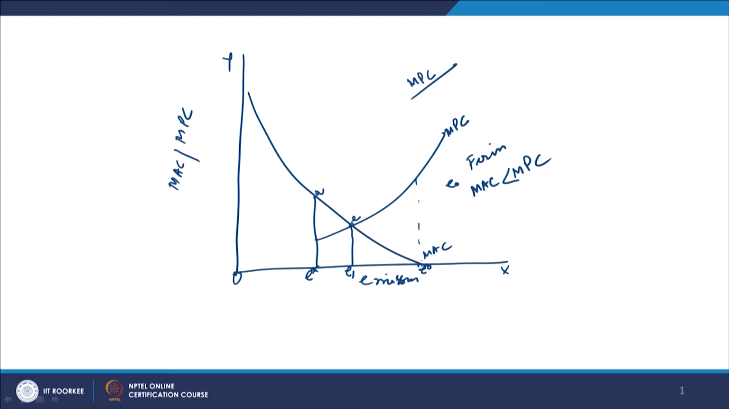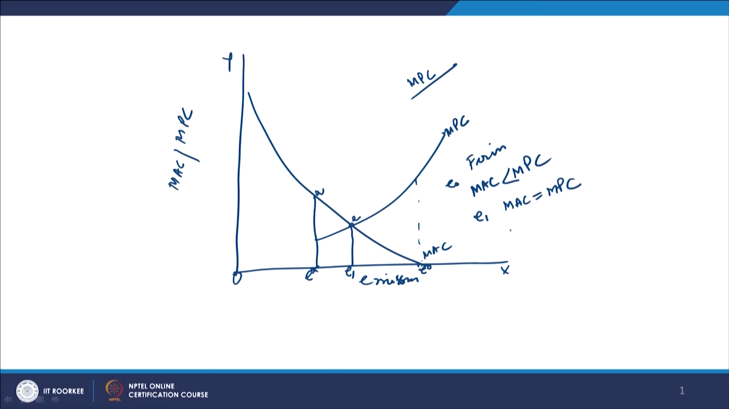And up to E1, since at E1 marginal abatement cost is equal to marginal penalty cost. So, up to E1 the company will comply with the order or will find it economically more useful to abate the pollution rather than paying the penalty. But if pollution level goes